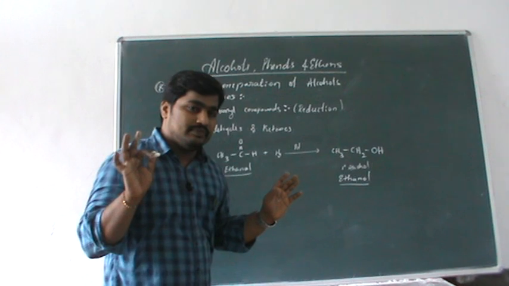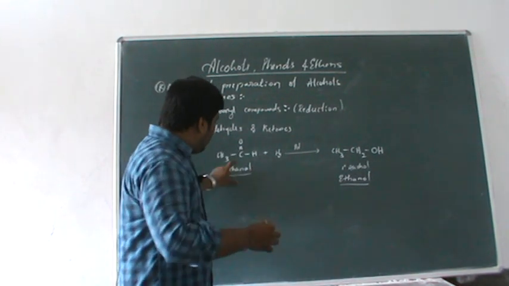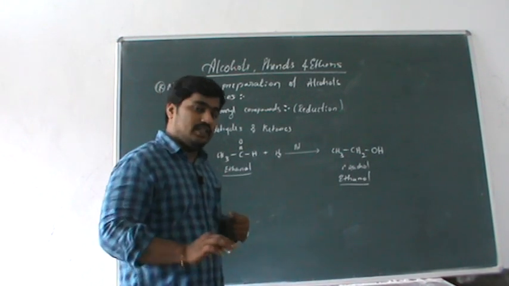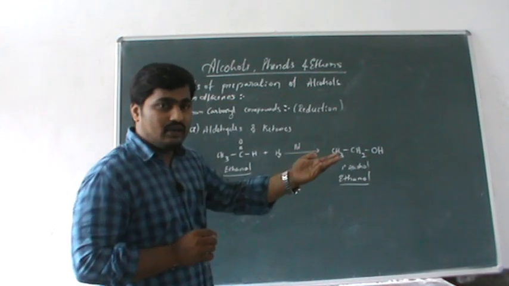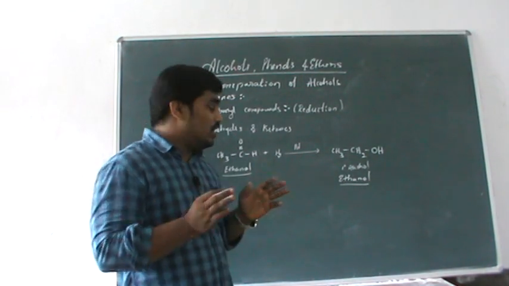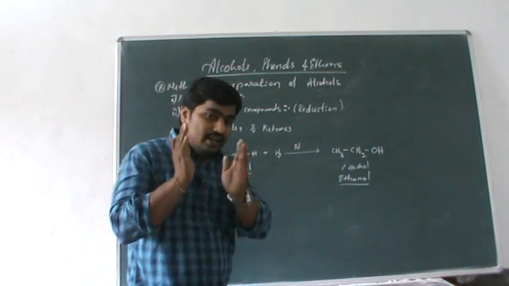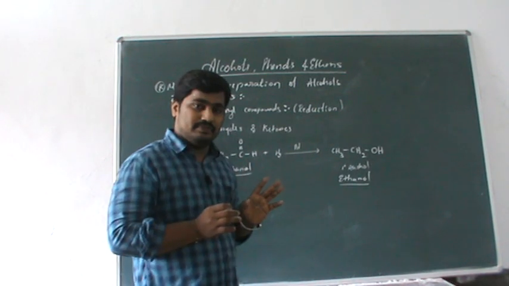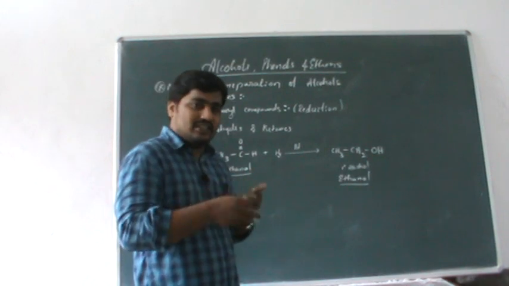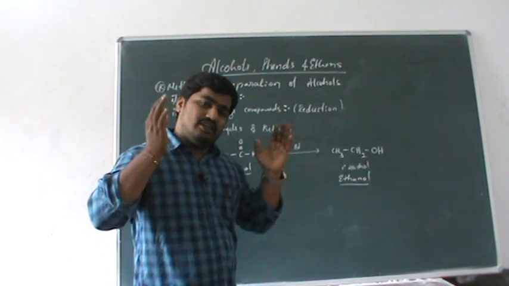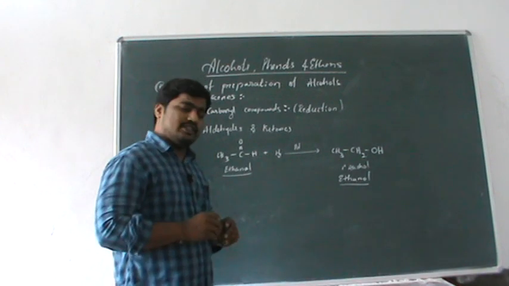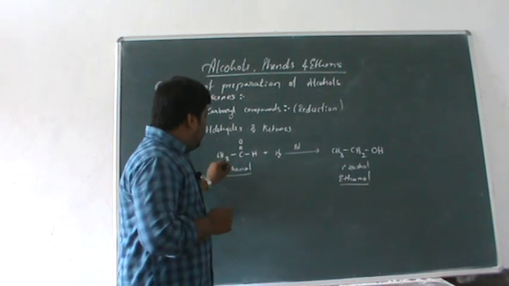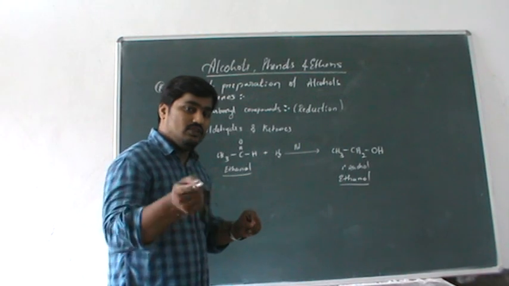What is ethanal? In your exam, just think like that. Ethanal is an aldehyde compound. What is ethanol? Ethanol is an alcohol. When does an aldehyde get converted into alcohol? In the case of reduction, aldehydes or carbonyl compounds get converted into alcohol. Then it automatically comes to your mind and you are able to write the answer. Just use a little bit of concentration. How to reduce? Using a reducing agent.